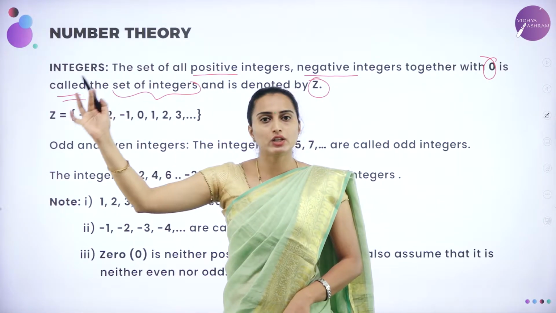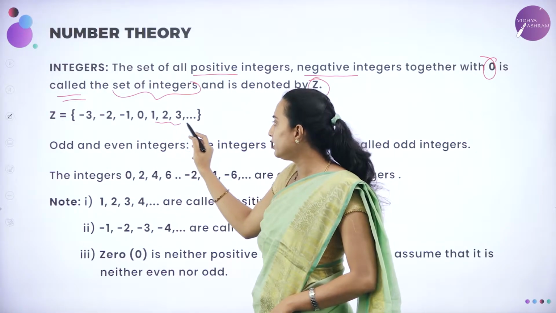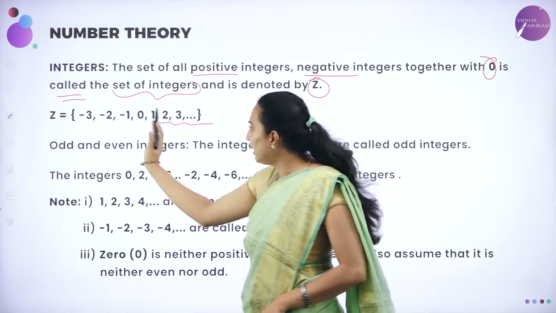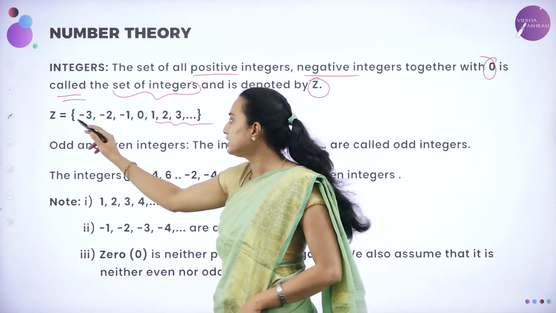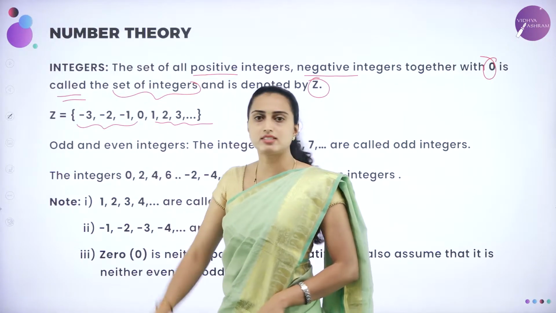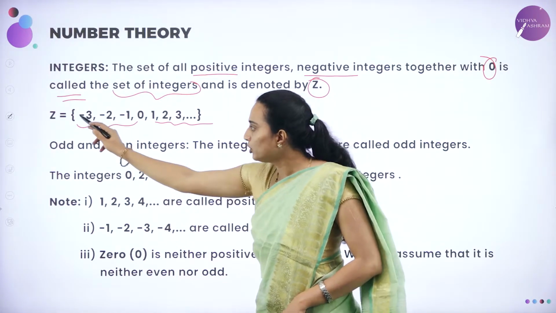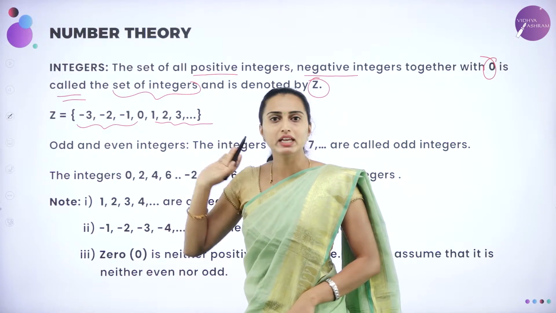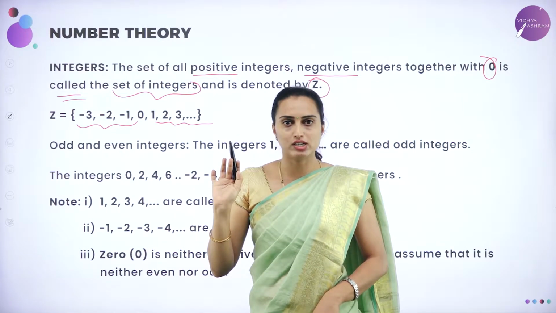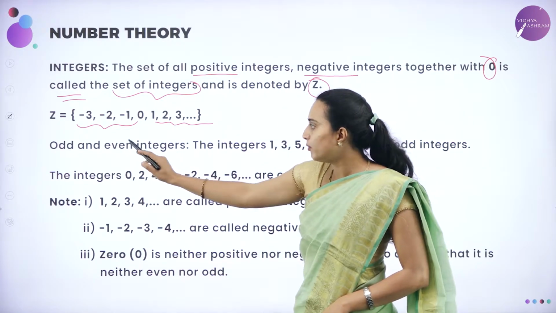The right hand side of 0 is always the positive integers, as you can observe, and the left hand side of 0 is always the negative integers. Together they form the set of integers. Got it? Next we'll be moving on to